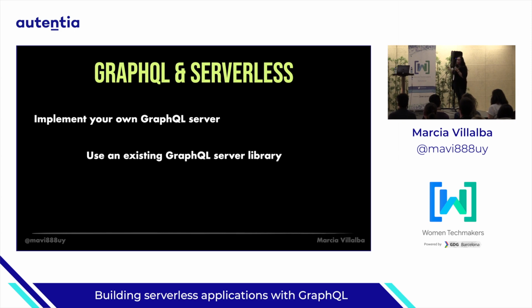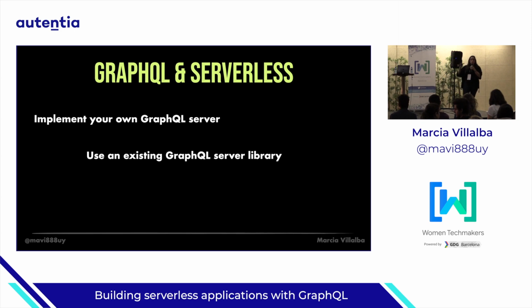The next step in going to the serverless world is to use a library. For example, Apollo. Apollo is a GraphQL library, one of the most popular ones. You have the client version, and you have the server version. You grab that, then you write your data, your resolvers, and your schema. The whole magic of GraphQL is already in Apollo, so you don't need to implement the server by yourself. You just write your business logic, the important thing, what is unique for your application.